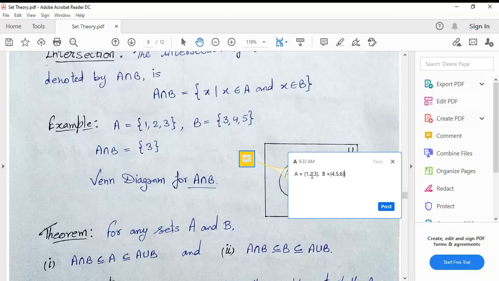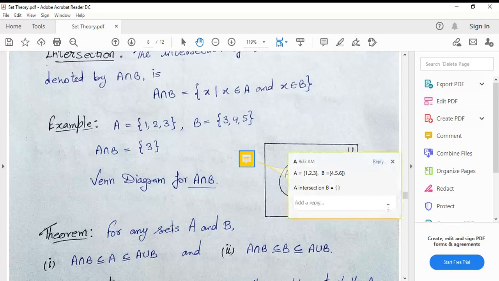In this case, what is A ∩ B? Here we see that there are no common elements between A and B. So A ∩ B is the empty set, or phi. We can represent this by the empty set. So A ∩ B is φ. Clear now?